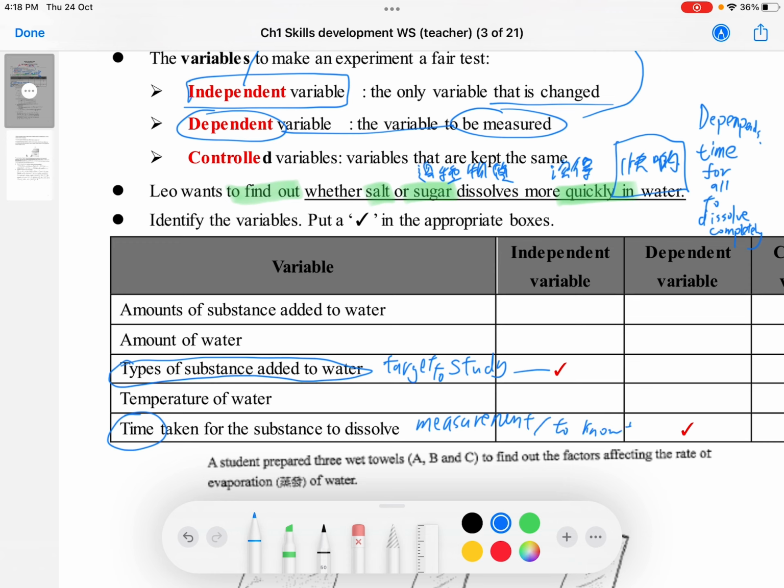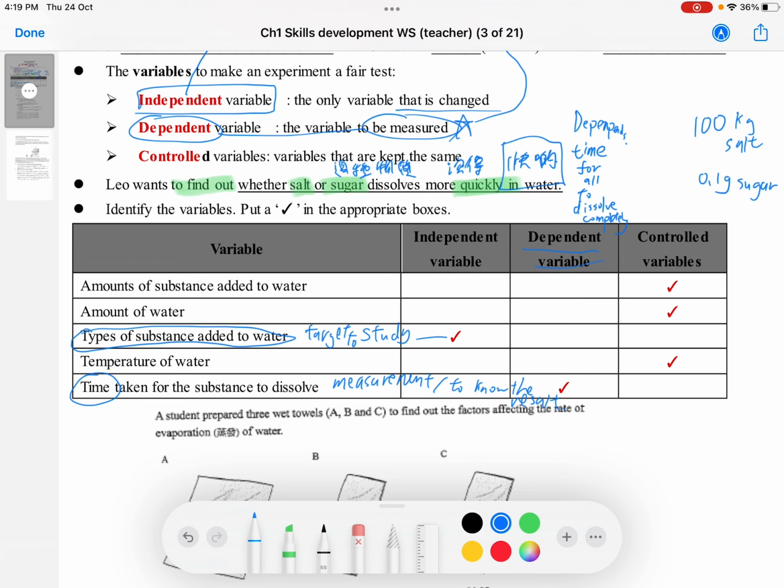And then for the rest of the variables, you have to keep them constant. Just like if you want to know whether sugar or salt dissolves more quickly, and for one of them you use maybe 100 kilograms of salt, and for the other you just use 0.1 gram of sugar, then it's unfair to the salt. Is it unfair to the salt? Because the amount of it is very large. Of course, you may predict that it will dissolve more slowly. 係嘛？你俾咁多嘅鹽落去溶都未必溶得晒添啦，係嘛？溶嘅速度有機會都慢啲啦，係嘛？